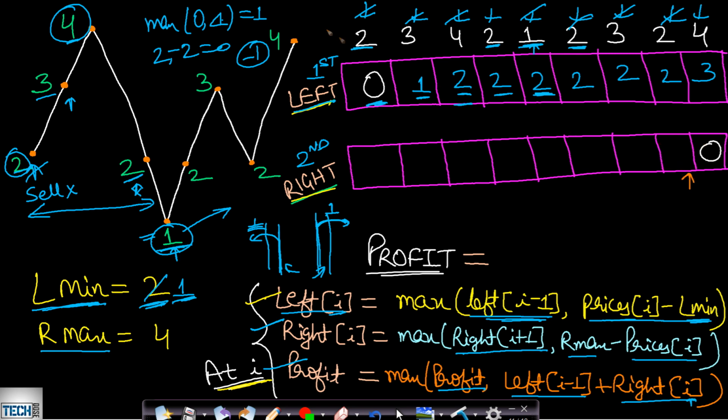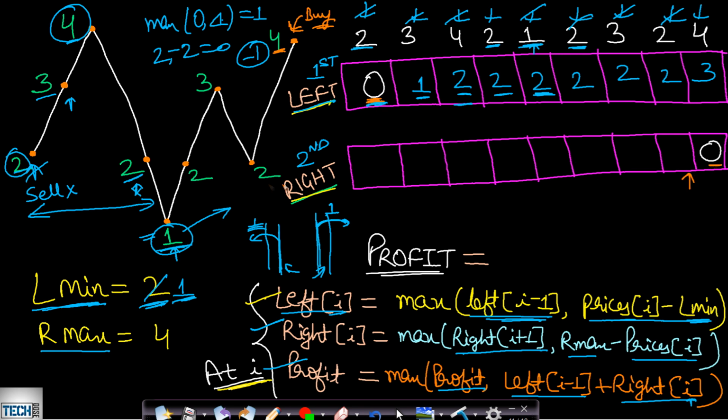And why is that? Because if we have just a single value, then we cannot buy on this day, because buying on the last day will not benefit us, since we will not be able to sell it. Therefore on the last day we will have value 0, because we will be skipping it when we have just a single stock, and the same reason goes for this one as well.